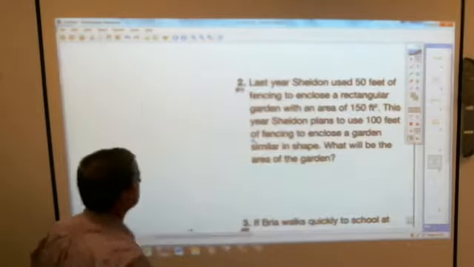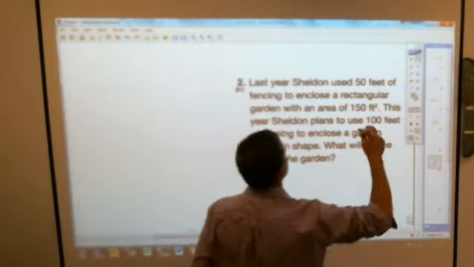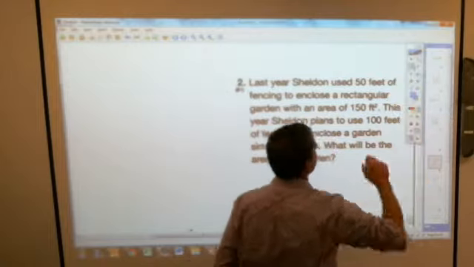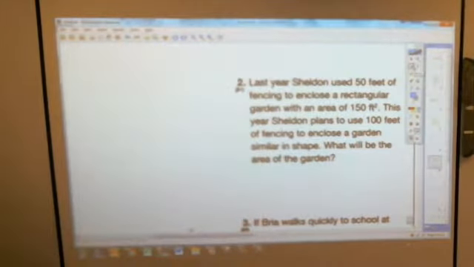Number 2. Last year, Shawn used 50 feet of fencing to enclose a garden with an area of 150 feet squared. This year, Shawn plans to use 100 feet of fencing to enclose a garden with a similar shape. What will be the area of the garden? Oh, wait. Did you draw some pictures? Yeah, I forgot to double the,